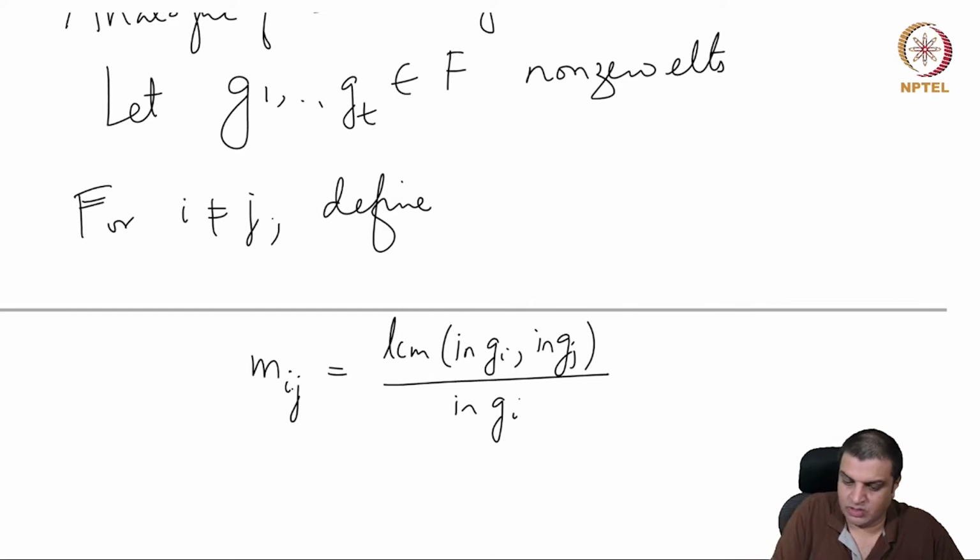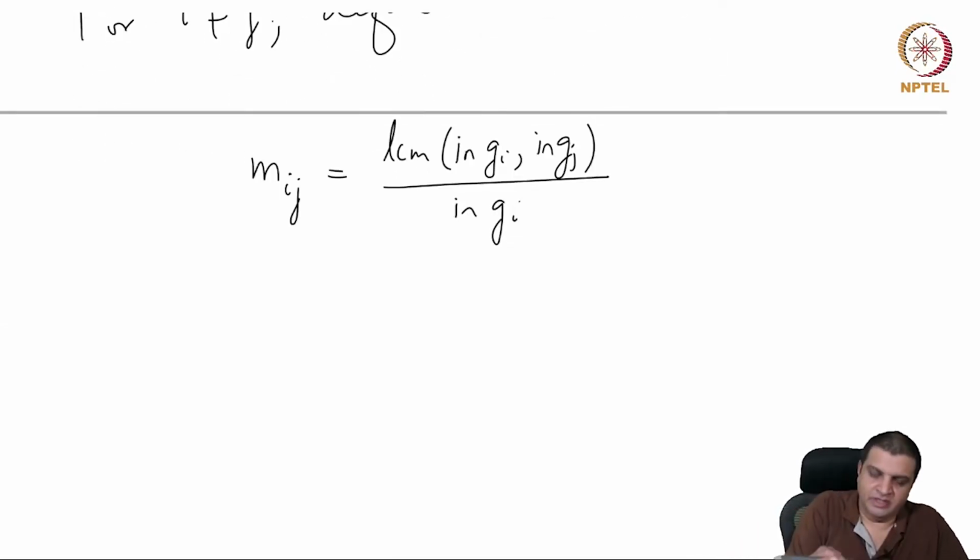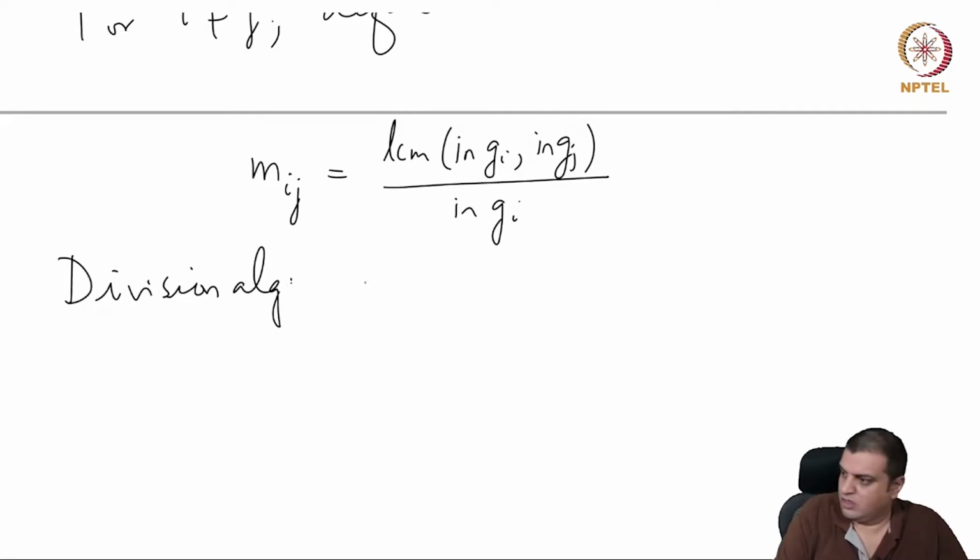So the Mij is symmetric in i, j; the denominator has just Gi. Then there's a division algorithm in this context, and the division algorithm gives